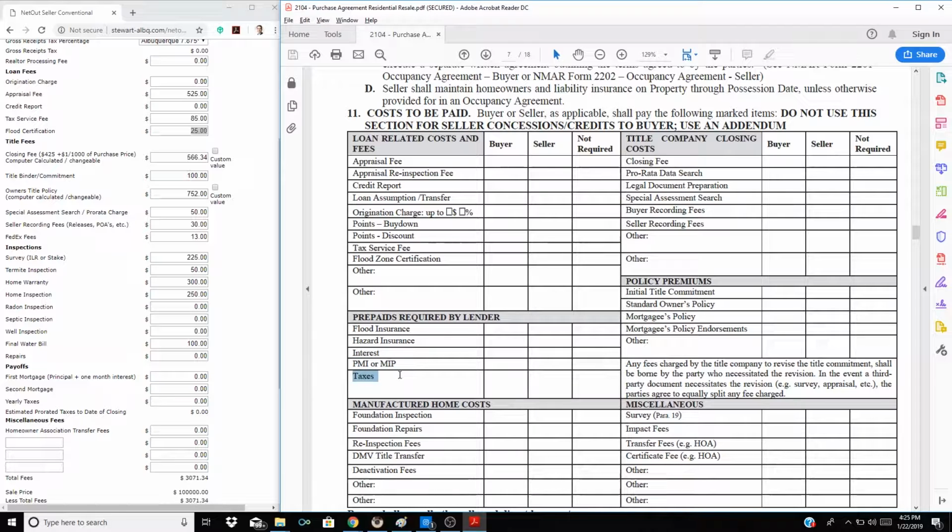Taxes. Most lenders require you to put at least 3 months worth of taxes down. The only way to find how much your taxes are is to go to the Bernalillo County or Sandoval County website, depending on where your home's located, and type in what your home value is or how much you're buying the home for,